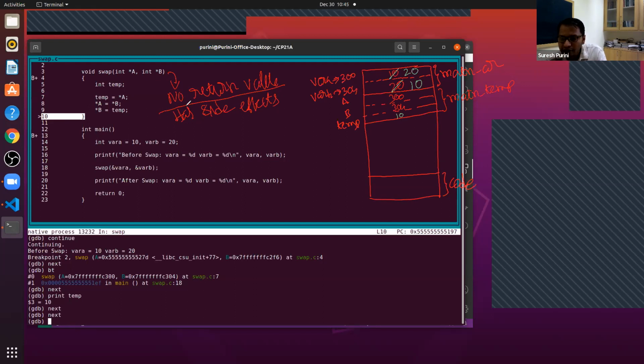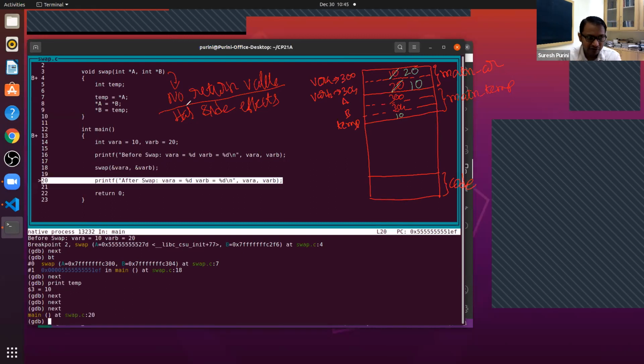When you write a function, it returns a value, but it doesn't have a side effect. This is the imperative programming language. But in functional programming languages, you want to write functions which don't have side effects. But we are learning C. This is where we are.